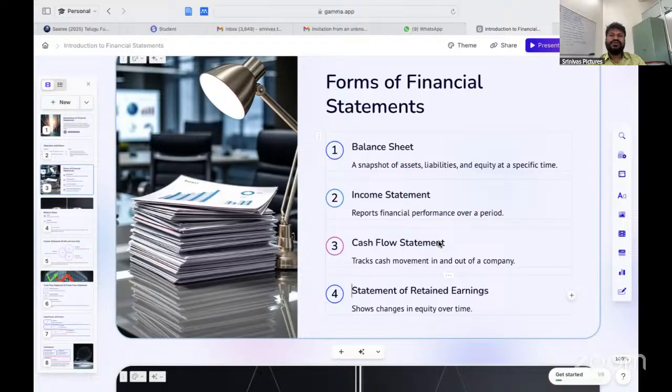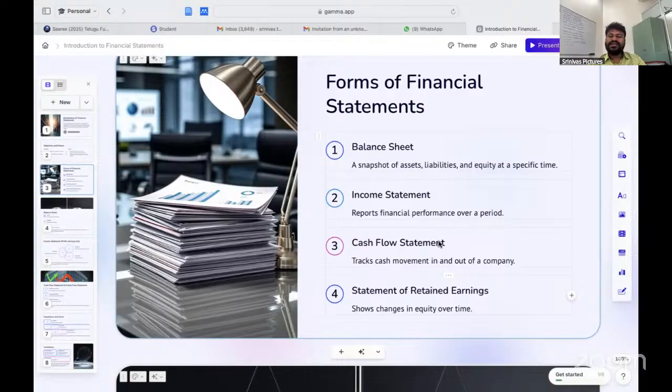So simply, we are going to take total current assets minus total current liabilities. The difference figure is called working capital. So from one year to another year, whatever is changing is there. If the current year's working capital is increased compared with last year's, that indicates an increase of working capital. If it is decreased compared with last year's working capital, it is a decrease of working capital. This way we are going to calculate the changes in working capital.